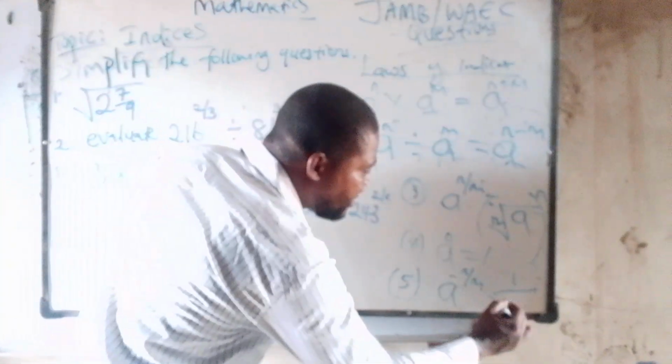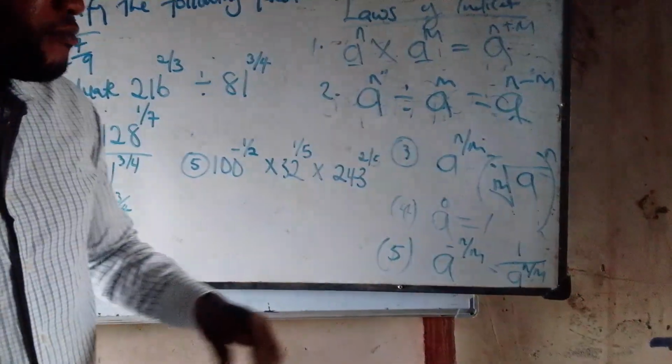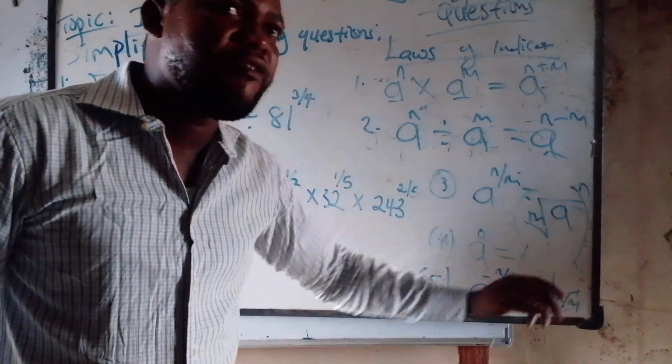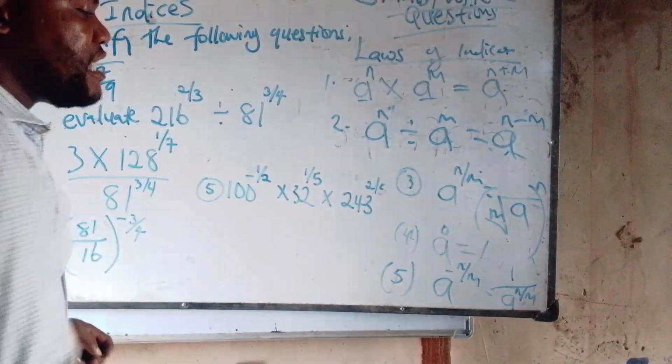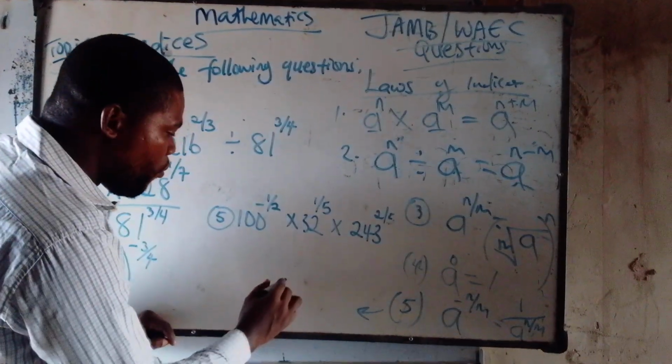1 over everything here, a to the power of n over n. A to the power of what? N over n. Then this minus sign will not take what? 1 over. Having said that, if I am to factorize this, simplify it further, it will give me 1 over